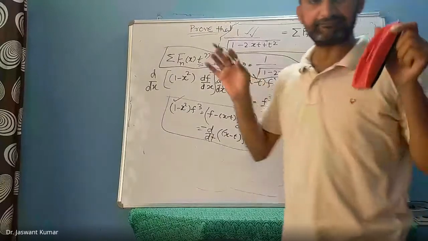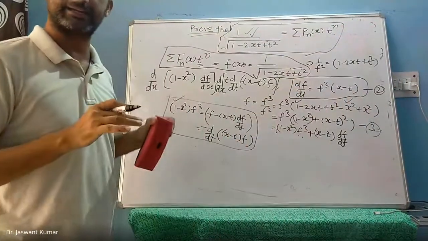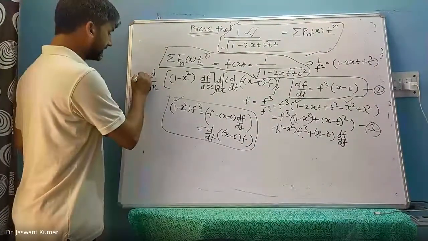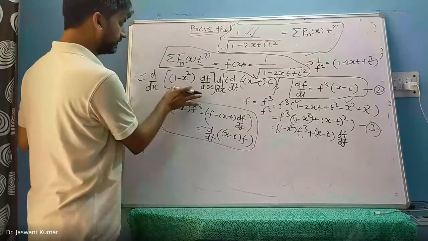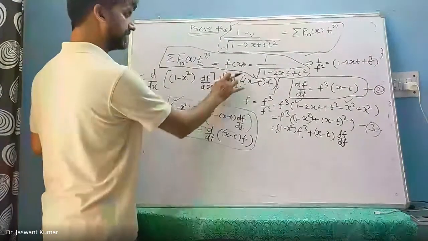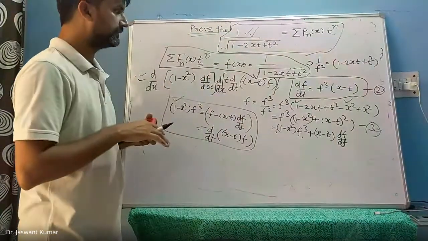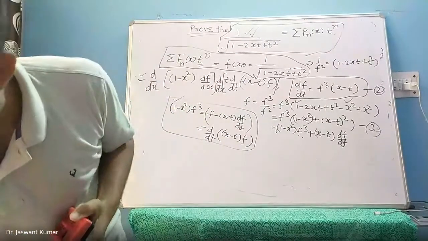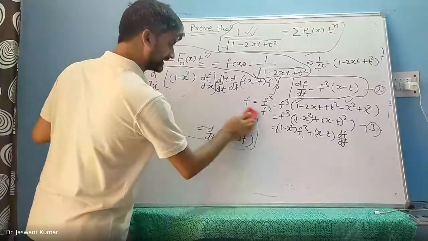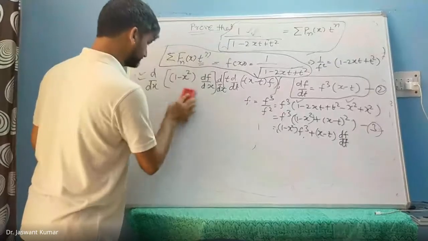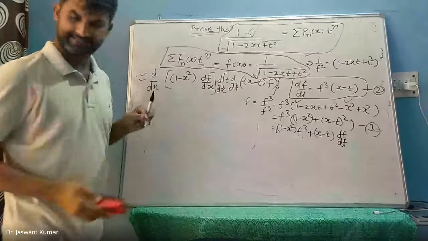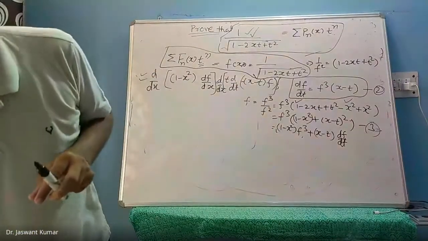Okay, so that is the philosophy with which we are going ahead. So what do we do? We take a d by dx of this. So we take a d by dx of 1 minus d to obtain d by dx of d by dt of minus x minus t into f. So I erase this equation number 3 for the moment because I think we will not need it now. And we try to solve this. So if you try to solve this, then